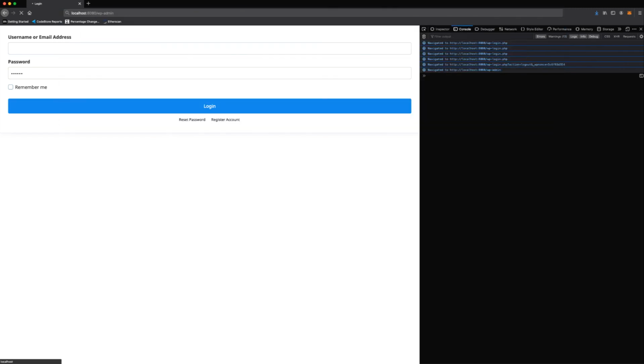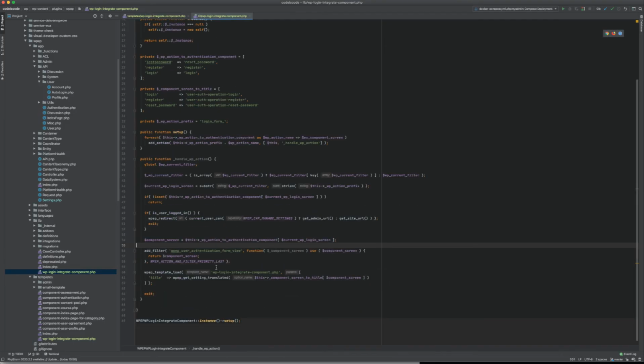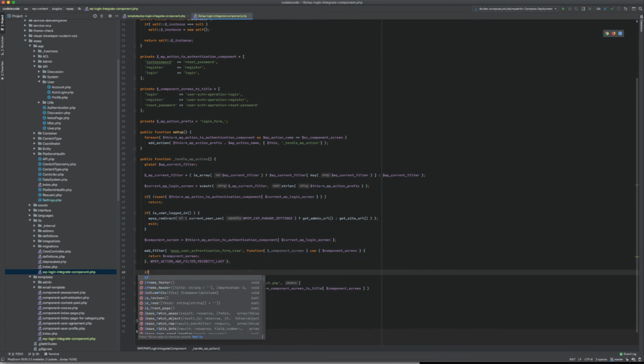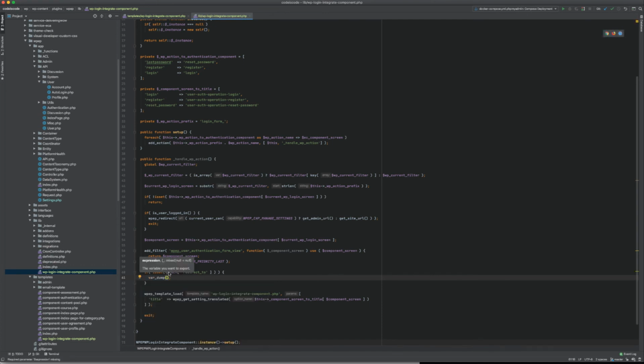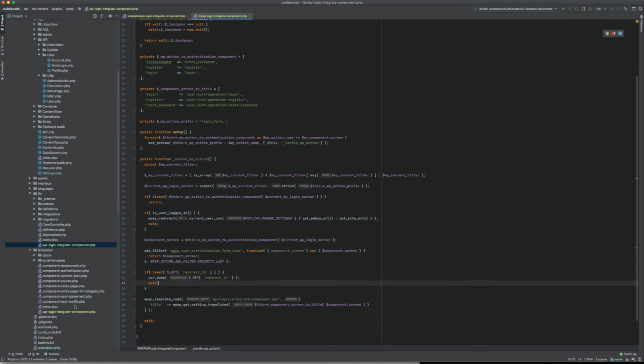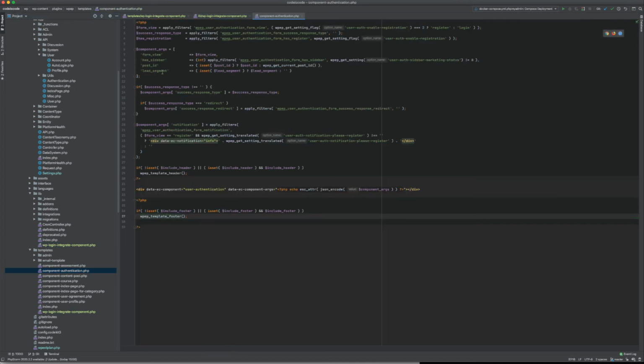So VP admin. There is a redirect to, right? So I need to pass that to my component. So if is set of get of redirect to var dump redirect to exit. So the way I pass it to my component is